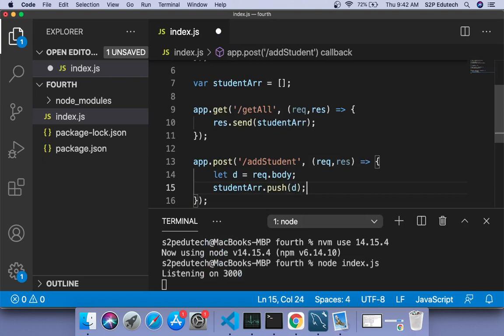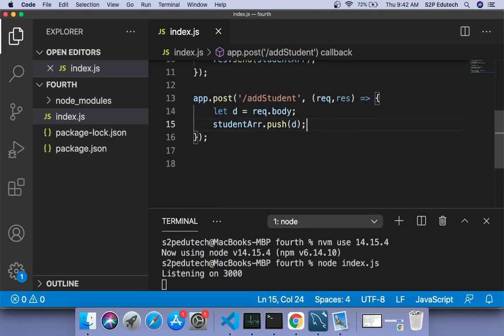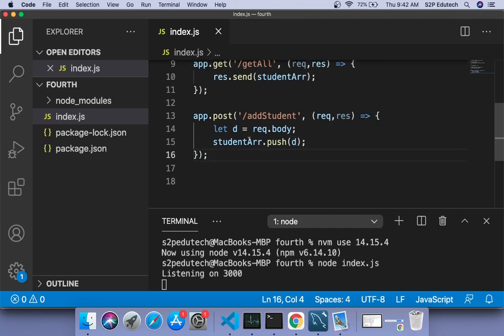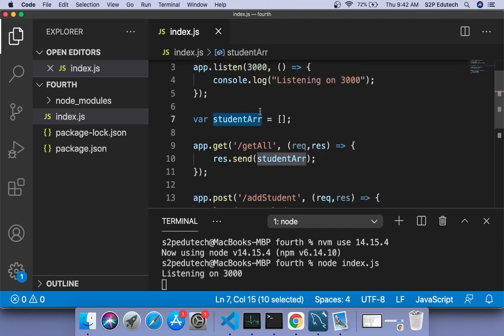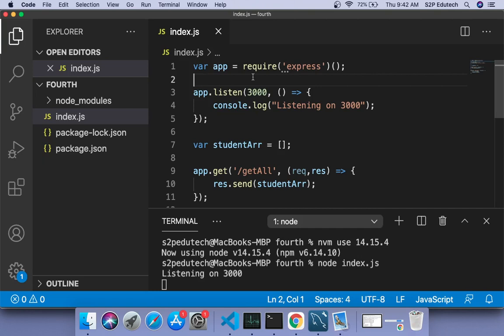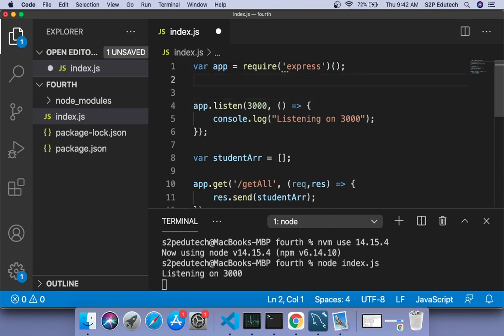So what this is going to do is simply add whatever data is coming, and we would safely assume that the data coming would be in JSON format. That is our requirement. Right, now to enable JSON request and response, what we need is another package called body parser.